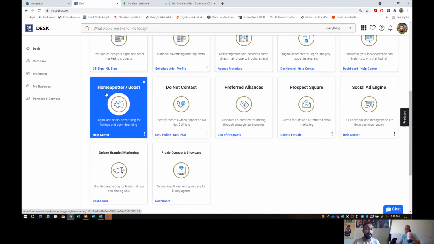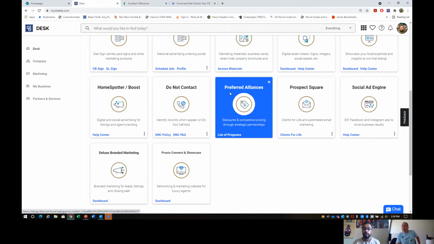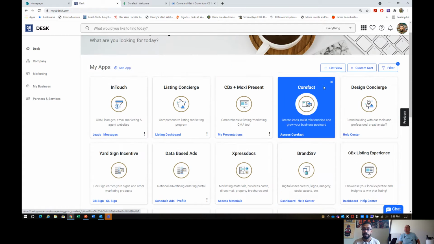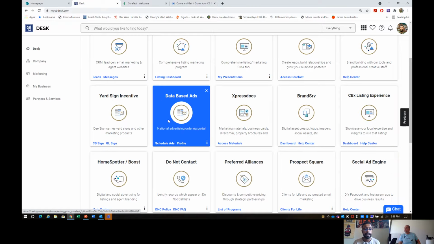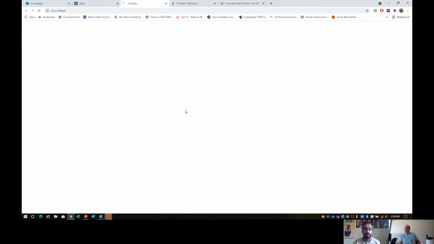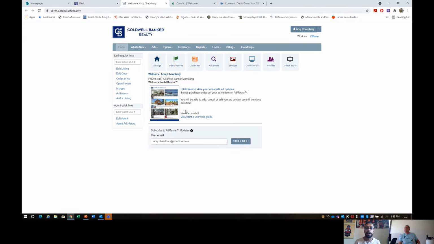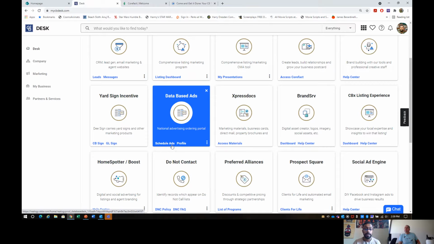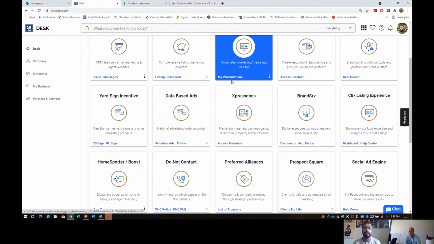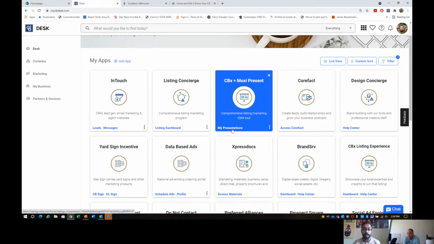You've got digital ad campaigns. You've got standard mail campaigns with database ads. You can do national advertising through this system. And again, all of these work the same, right? Click on it, you'll go right into your account, and you can see deep links again. If you've already created an ad, you can see ads that you've scheduled, go right to them instead of going to the homepage. If you want to go right to your presentations in Moxie,